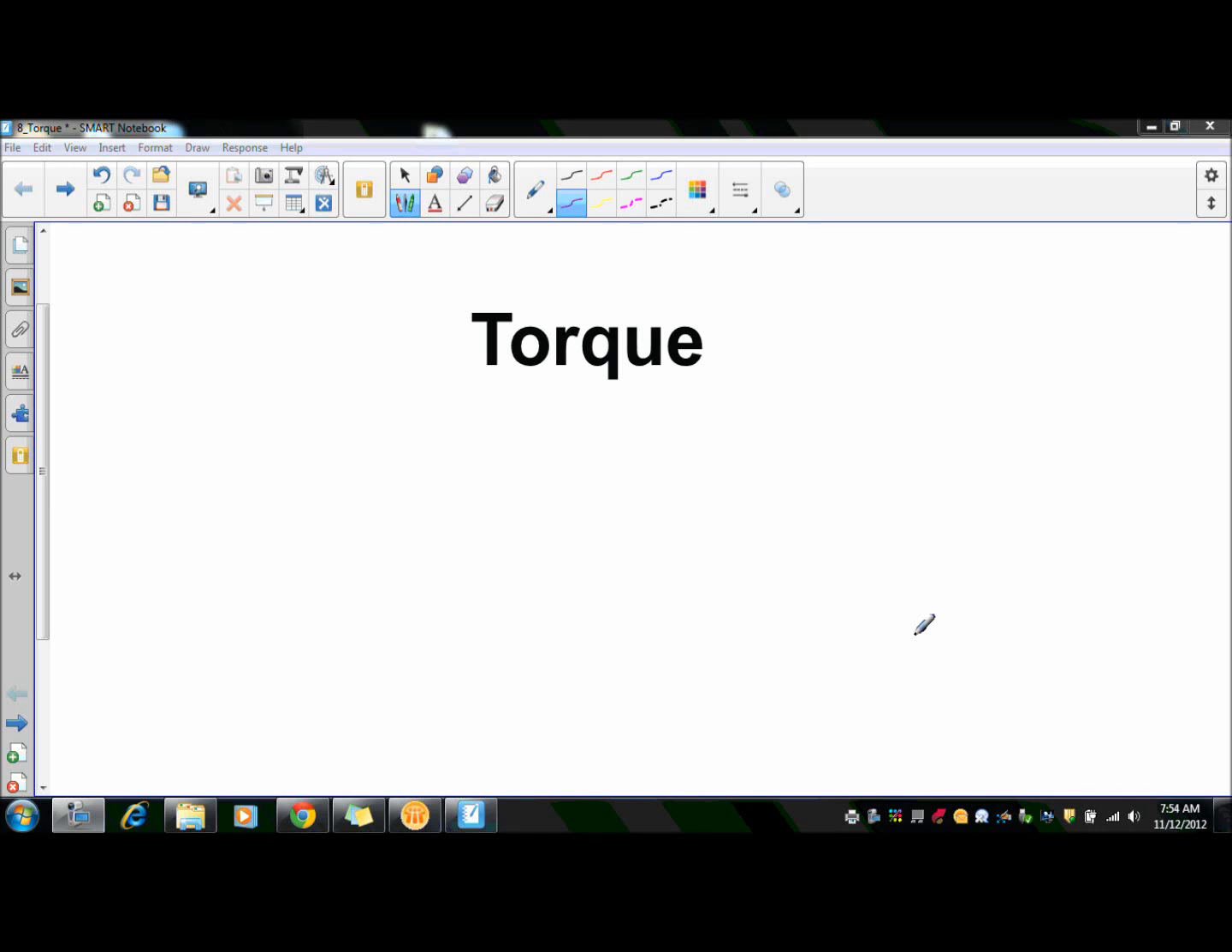So we're going to talk about torque now. And specifically, let's go ahead and define torque, and then we'll draw some examples and give some different examples to try to help you understand what torque is. So torque is a twisting force